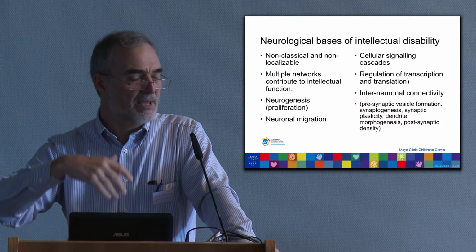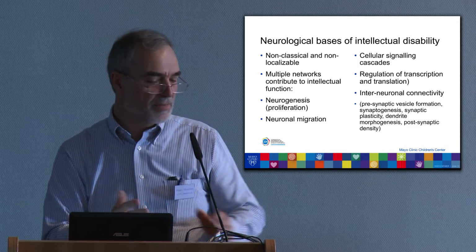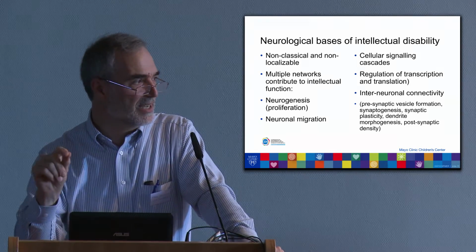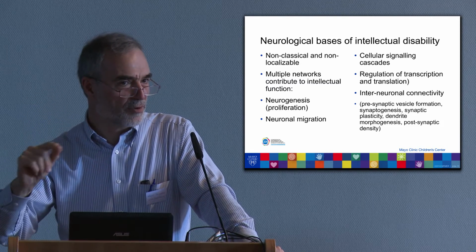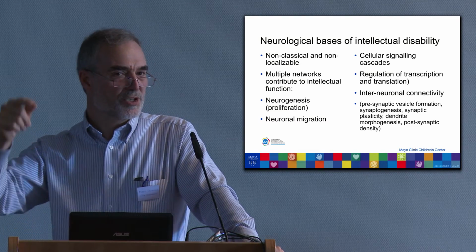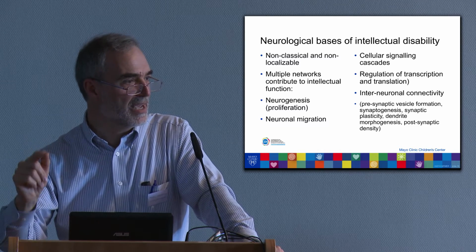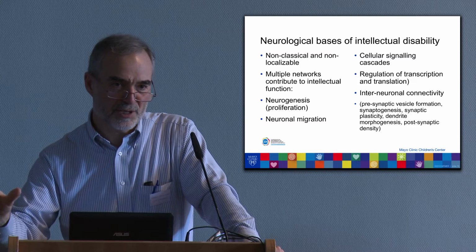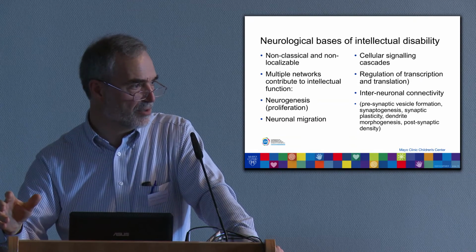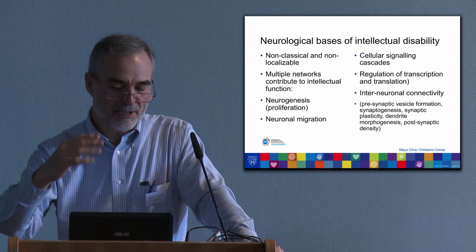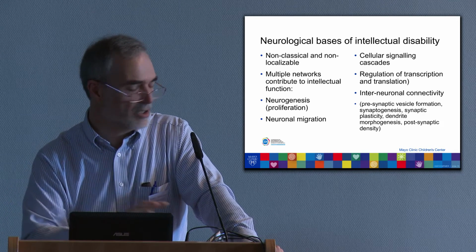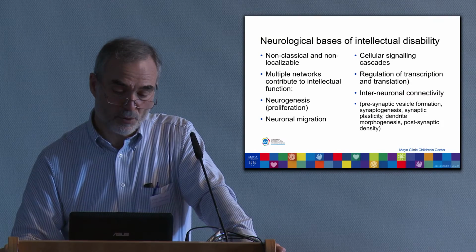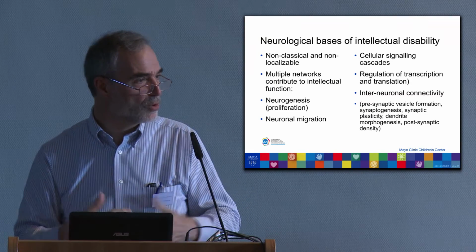As you all know, all of the molecules, all of the structures in our body, all of the proteins are encoded by our DNA. This DNA has to be transcribed into messenger RNA, which is then translated into protein, and the proteins are then modified, and glycosylation is one of the major modifiers of proteins. But abnormalities in the regulation of this transcription and translation process can also give rise to intellectual disability, and of course problems with connections between neurons.